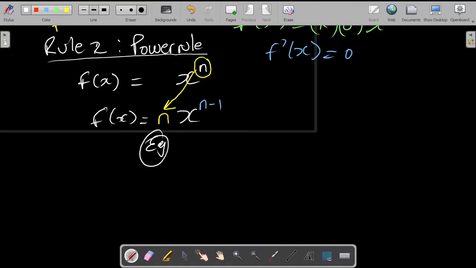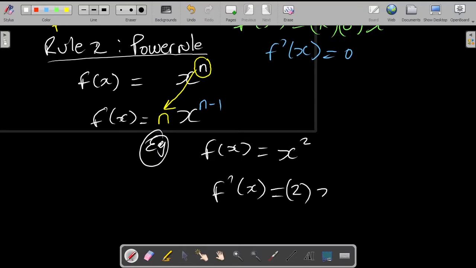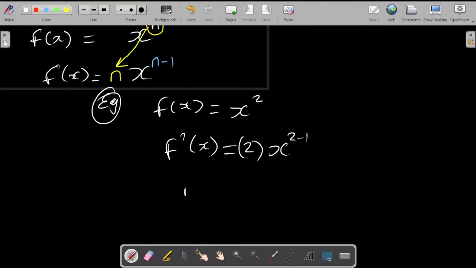Let's say we have x squared, right? And you're asked to find the derivative of this. Then you basically say f prime of x is equal to take the exponent down. So take it down here and have it multiply the original exponent minus 1. And now your result should be